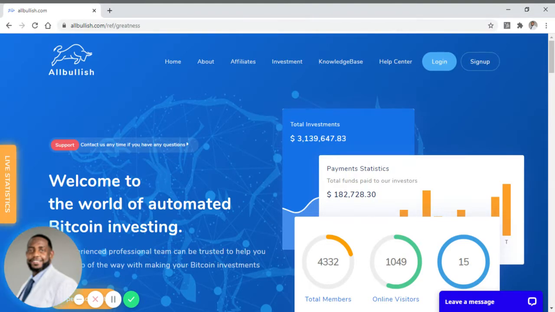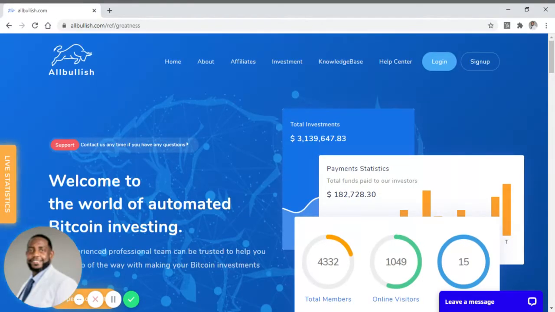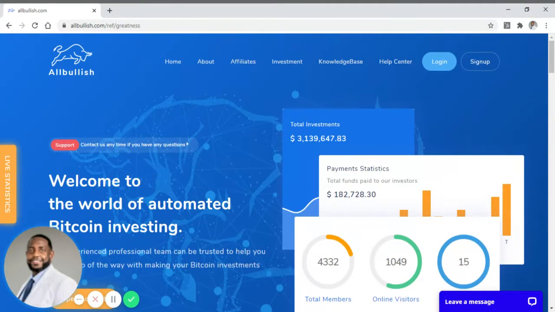So you do want to have that available when you go to sign up with the platform. If you don't have a Bitcoin wallet right now, I'm going to link in the comments a platform that I use, which is called Coinbase. I use Coinbase Wallet, and it's actually really helpful. I really like it. It's very user friendly to me. You can find your receiving wallet in Coinbase, and then you can use that. I actually have a tutorial that walks you through that, which I will link in the description of this